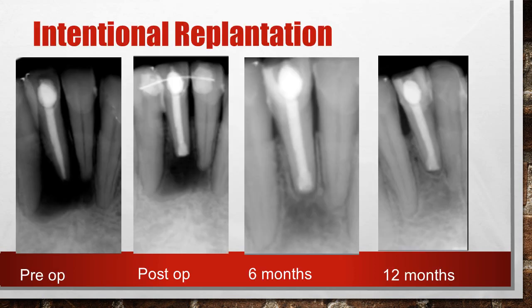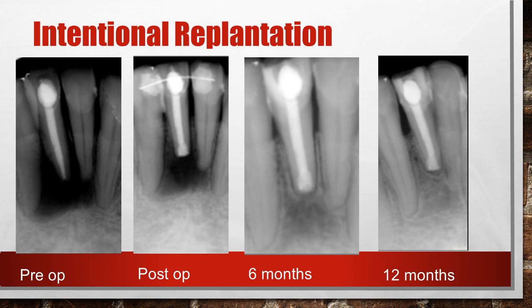Okay, so this is what intentional replantation will look like. You can see there is a large periapical lesion. In this case, the root canal treatment has already been done. So what you can do is gently extract the tooth as atraumatically as possible. You can clean the extraction socket site, remove all the granulation tissue, do your degranulation procedures, and place your bone grafting material. You can do your root end preparation of the root surface. As you can see in the second radiograph, you can place your root end filling material, that is your MTA, Biodentine or Retroplast, and then of course you have to provide your splinting.